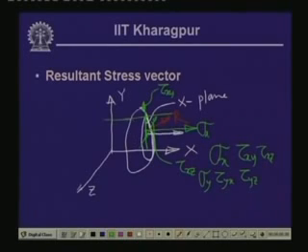Also, if we cut this body with a plane which is parallel to the x y plane, and we plot the 3 stress components, the stress normal to the plane will give us the normal stress sigma z, and the 2 stresses in the plane are the stress on the z plane in the x direction and the stress on the z plane in the y direction. So, these are the 9 stress components that we are going to get